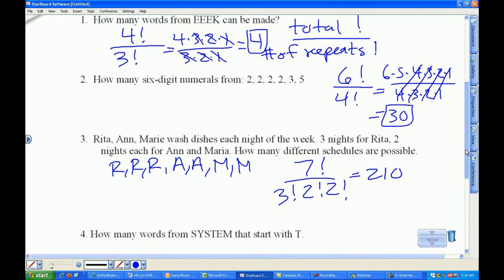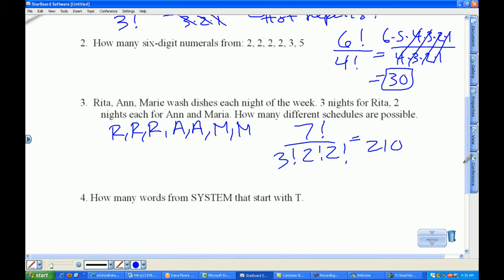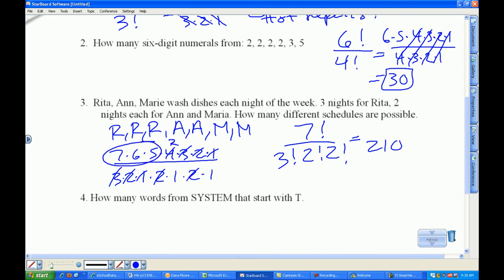Well, where does 210 come from? Here's where it is. 7 times 6 times 5 times 4 times 3 times 2 times 1 on top. On the bottom, 3 times 2 times 1 times 2 times 1 times 2 times 1. These cancel out. Boom, boom, boom. 2 goes into 4 twice. Here the 2's cancel out, so 7 times 6 times 5 is the only thing left over, and that is